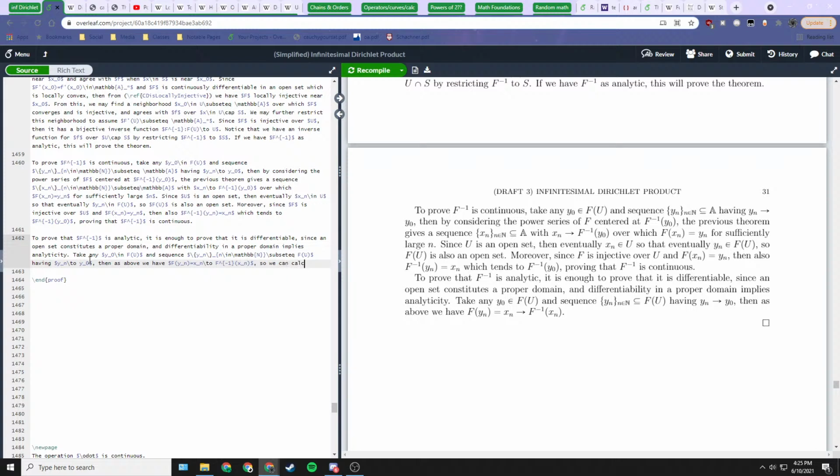So we can calculate the derivative f prime at f inverse of y0 as follows. Limit n goes to infinity of f at xn minus f at f inverse y0 over xn minus